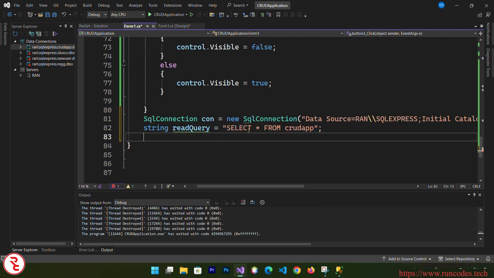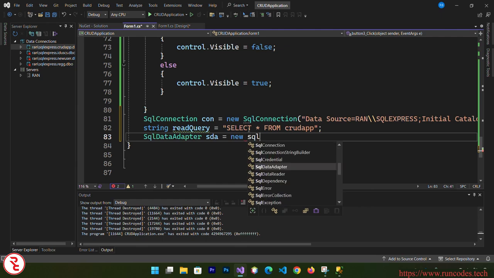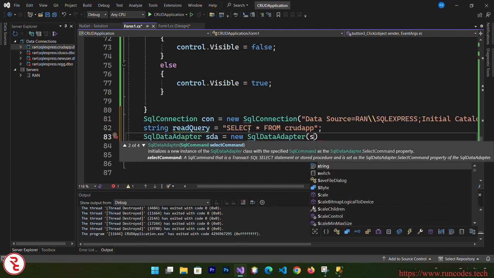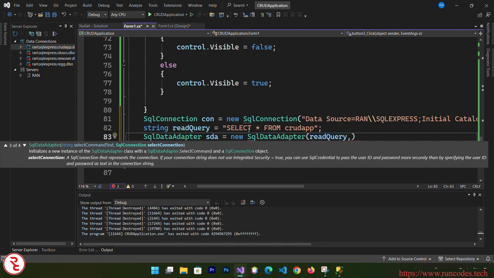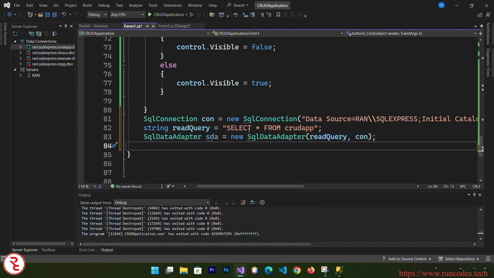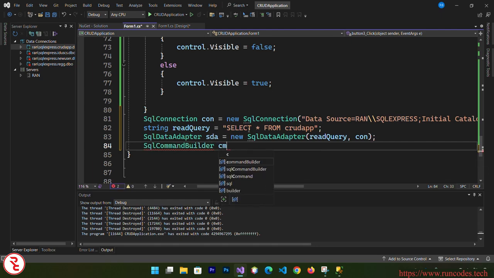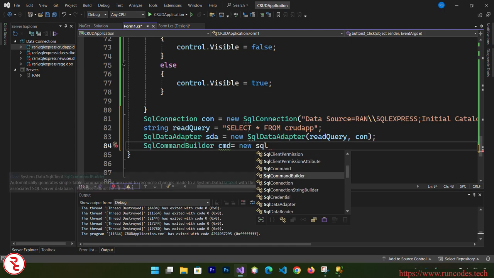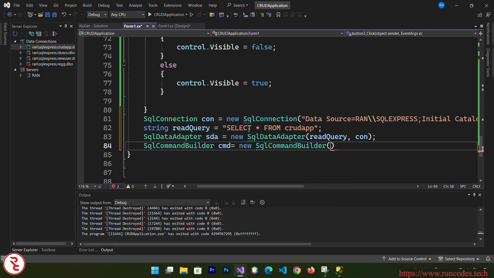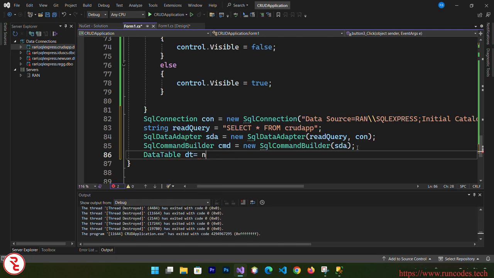Then what we are going to do is I need one SqlDataAdapter. SqlDataAdapter sda is equal to new SqlDataAdapter, and here goes our readQuery and then the connection. And we need a SqlCommandBuilder cmd is equal to new SqlCommandBuilder, and here goes our sda. And then we need a DataTable, DataTable dt is equal to new DataTable,